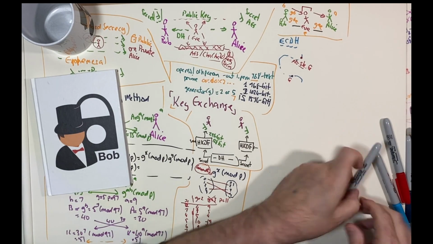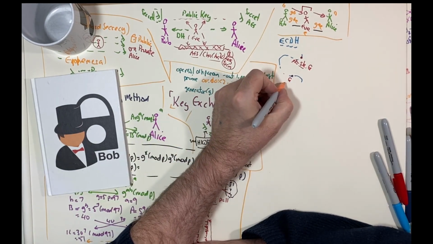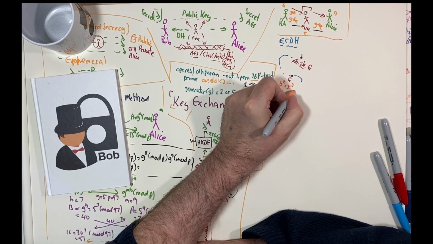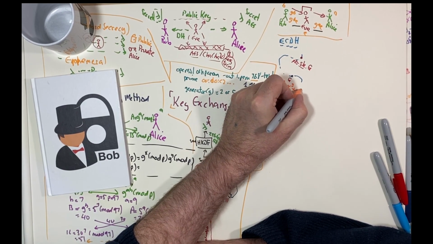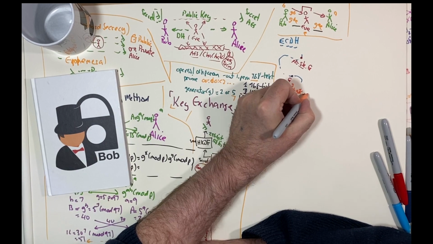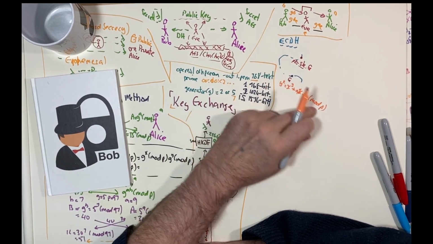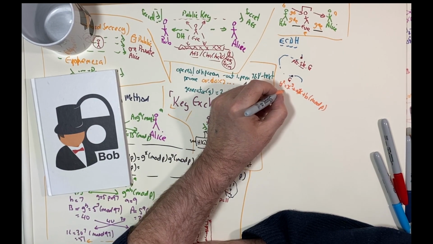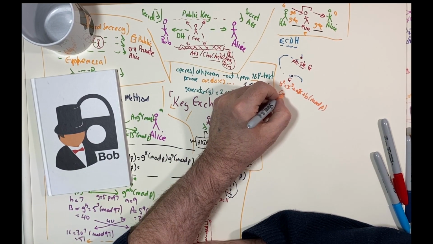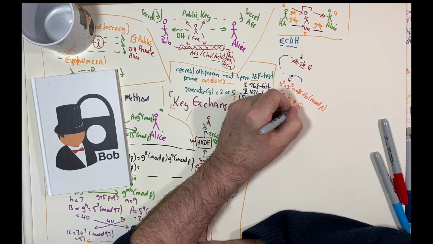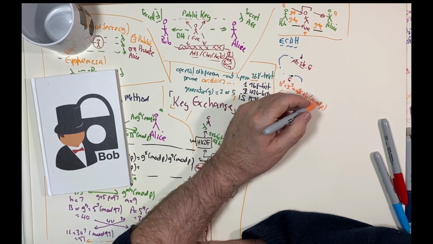The main parameters that we have for this are, this is our elliptic curve equation. So an elliptic curve is defined with A, B, P, G, and also the order